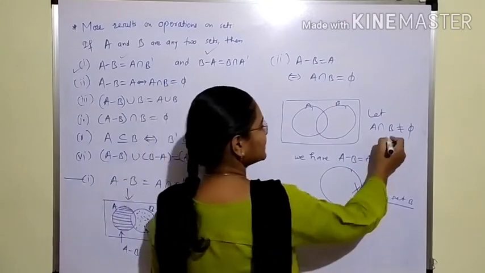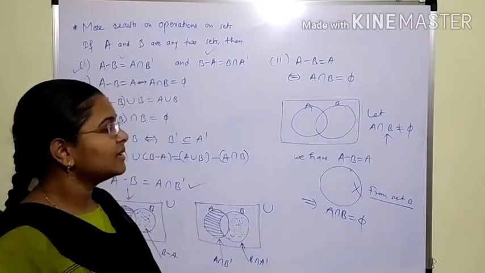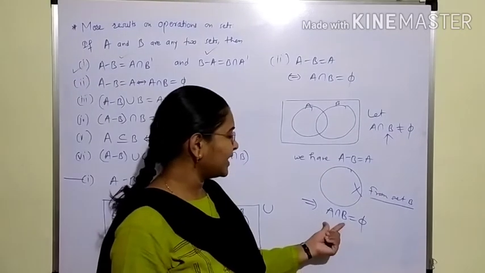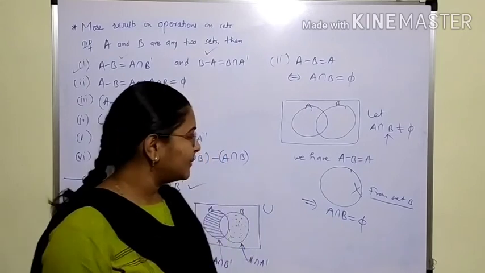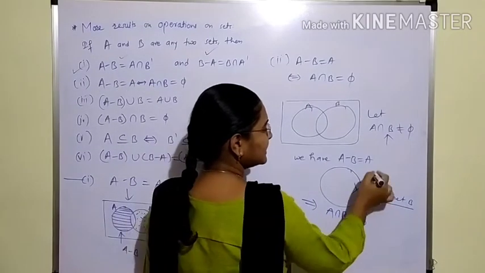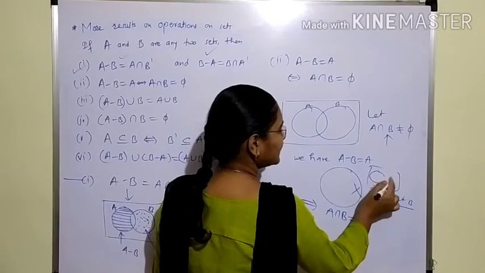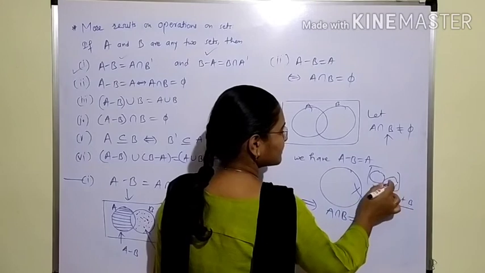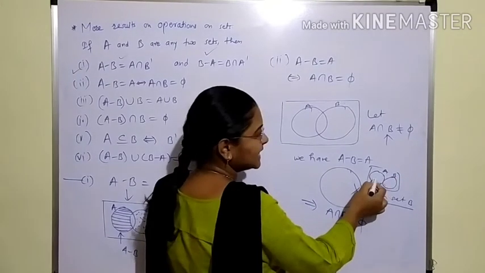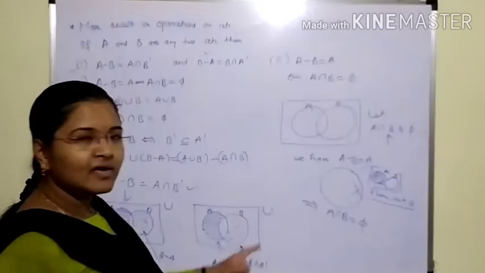Means we considered the assumption that A intersection B is a non-empty set, and here we got A intersection B as an empty set because A minus B is set A. Means if we draw the Venn diagram, the both sets will be separate. Set A and this is set B. Means A minus B if we take, then purely A set we will get. Getting? Any doubt in this?